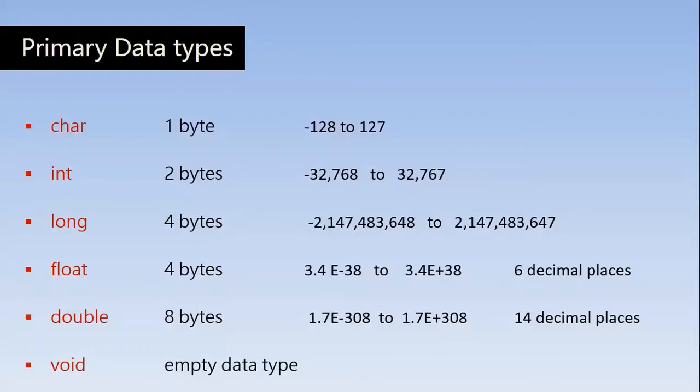Every function in a C program has to return something to the calling function. If the function is returning nothing, then we represent that nothing with the keyword void. Void is an empty data type which normally specifies the return type of the function. When the return type is nothing, just mention the word void. If the function is returning something in the form of integers, then start the function name with the keyword int.